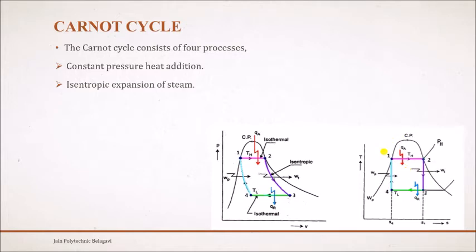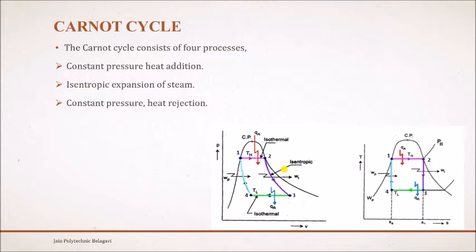That process can be seen on this PV diagram: process 2 to 3 is nothing but expansion of the superheated steam. During this expansion, there is a considerable decrease in pressure, and in the same way a decrease in temperature. Once the steam comes out of the turbine,